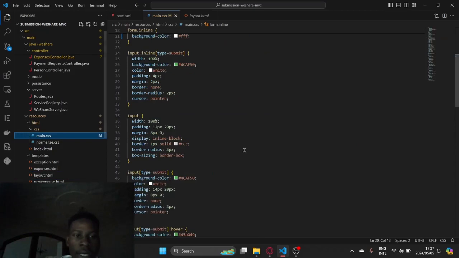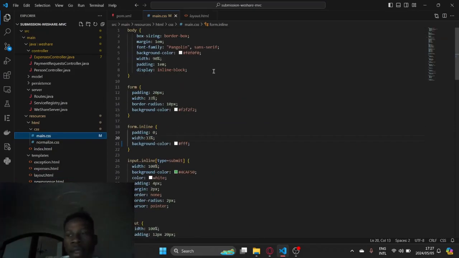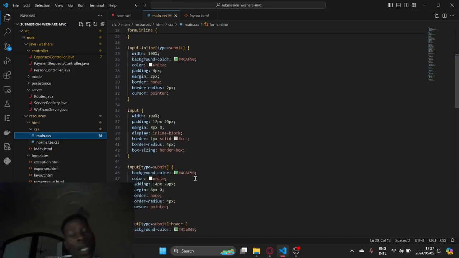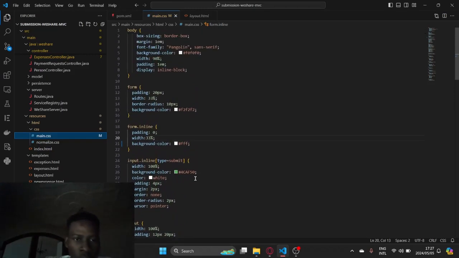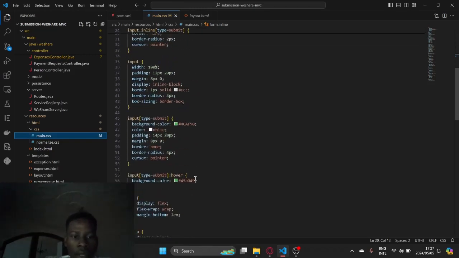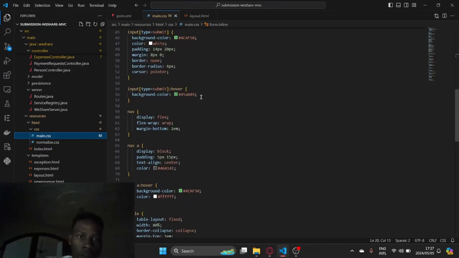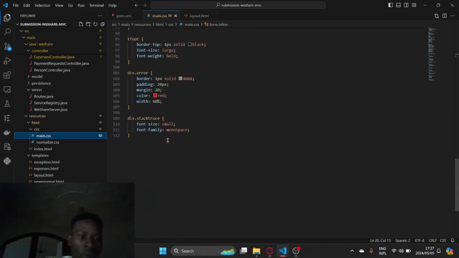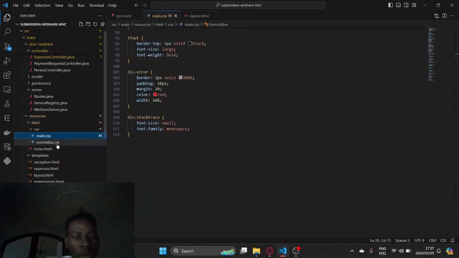We used CSS to design the theme of the website, such as the borders, the paddings, the background, as well as the types of letters we used. We have the colors too, right? We also used